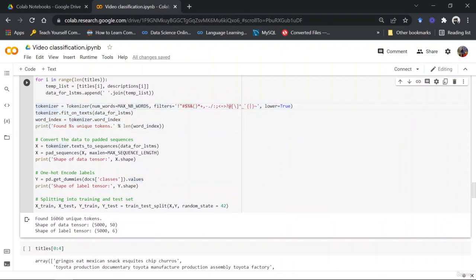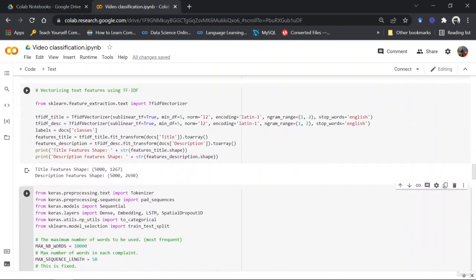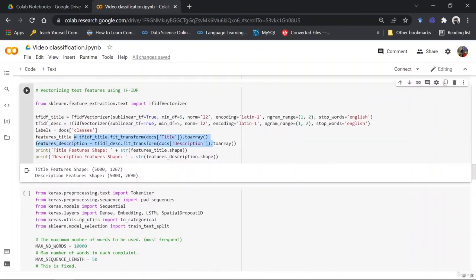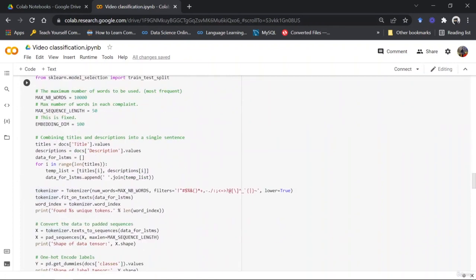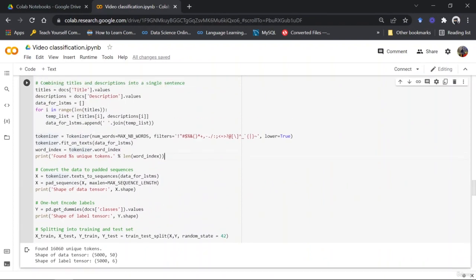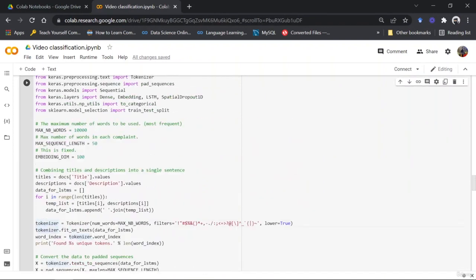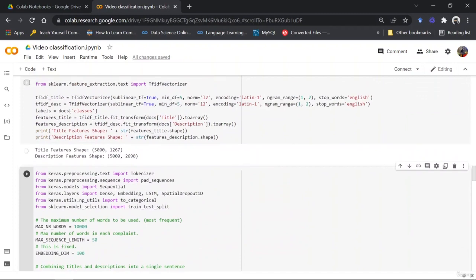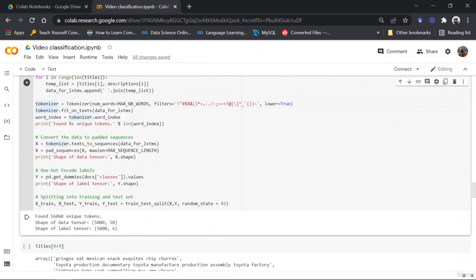But if I were not to use this, then I would have just directly used my feature description and feature title for the data to be inputted into my model, right? So either you can let it stay as it is and go with the tokenizer, or you can use the feature title and description. Okay, but that was just to show you that instead of tokenizing the data and creating a vector, you can even have a different kind of feature engineering done on your text data,